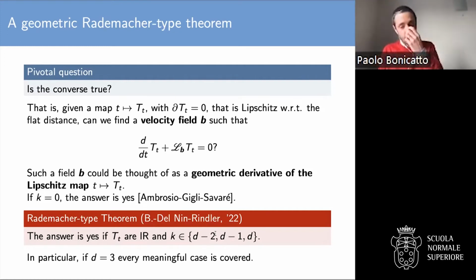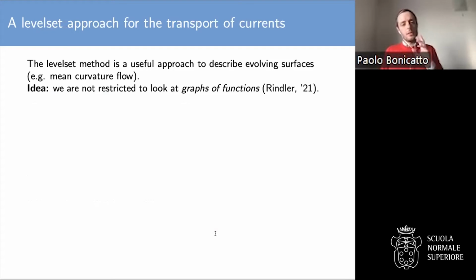And let me emphasize that indeed in the physical situation, so when the dimension is equal to 3, now every case is really covered. So I would like to spend the remaining time of this talk presenting to you, somehow, the heuristic ideas that are behind the proof. And the proof can be split essentially into two parts. In the first part, I am changing a bit the point of view. So bear with me for a moment, please.